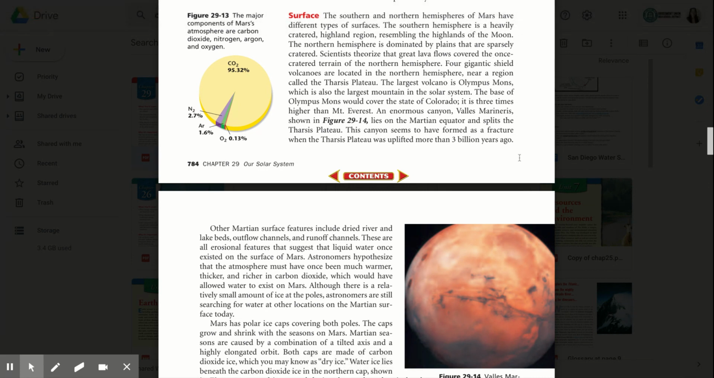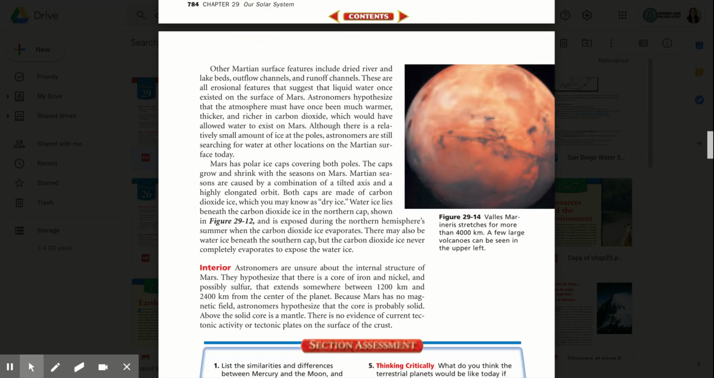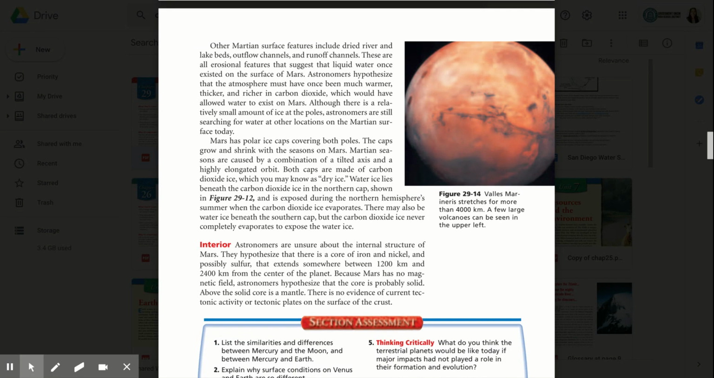An enormous canyon system, Valles Marineris, shown in Figure 29.14, lies on the Martian equator and splits the Tharsis Plateau. This canyon seems to have formed as a fracture when the Tharsis Plateau was uplifted more than 3 billion years ago. Other Martian surface features include